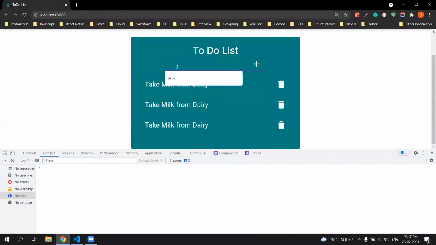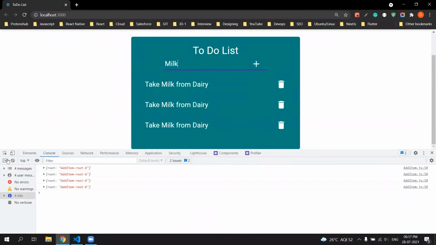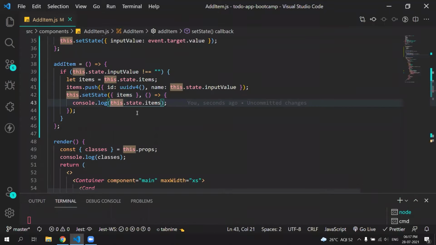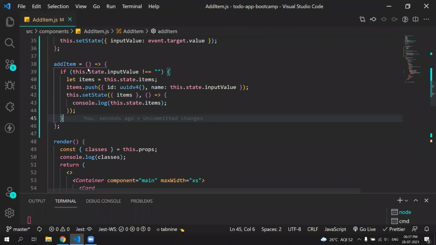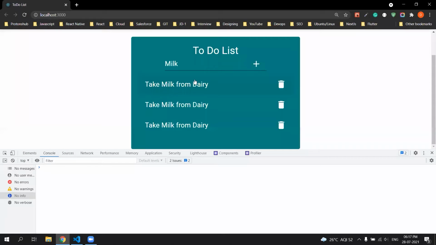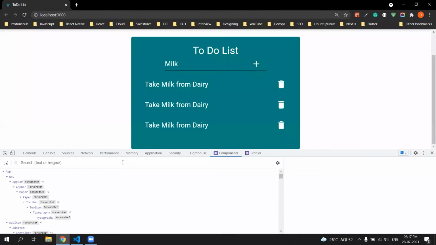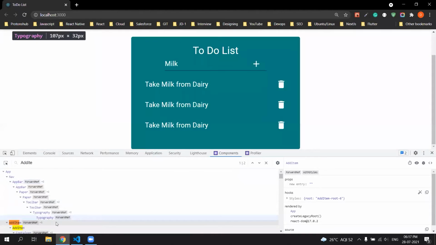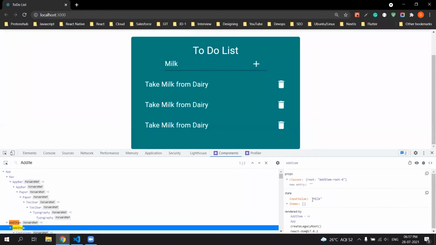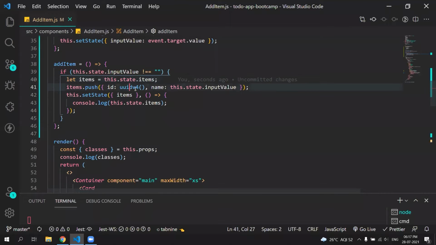Okay, so if I click on milk, if I add, nothing happens because input value is not blank. It should work. Okay, let me check what is happening. Input value not blank. Console log this.state.items.